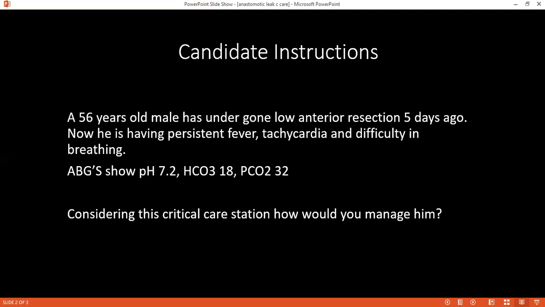Can you please tell me, in a post-operative patient just like this one, what are the contributing factors that can lead to anastomotic leak, or that can lead to this situation which the patient has right now? There are some patient factors and some surgical factors. Very good. Patient factors such as if the patient is suffering from any comorbid condition